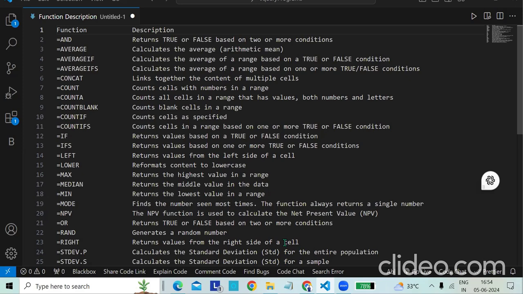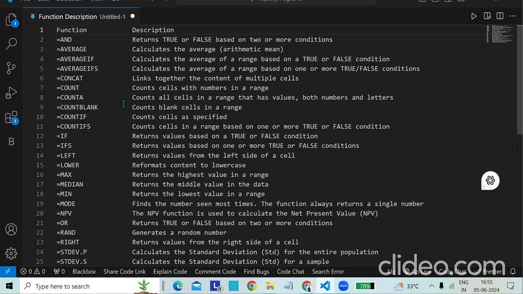So today in this class, we will discuss some Excel formulas. Previously we discussed the sum formula, right? We implemented a sum formula. Like that, we have different kinds of formulas. We will discuss different formulas in this class and implement them in later classes. But now in this class, we will just learn the definition of these formulas